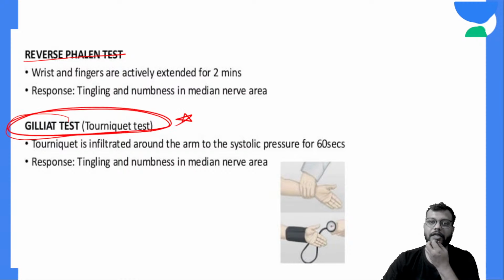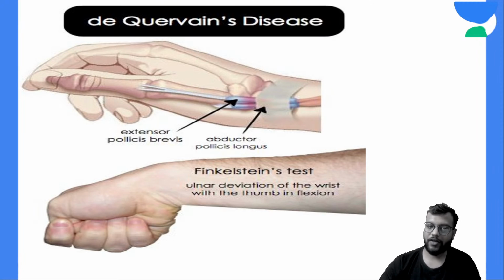टॉर्निकेट टेस्ट और द गिलियड टेस्ट की सिस्टोलिक प्रेशर में यहाँ पे टॉर्निकेट को if you hold on for 1 to 2 minutes, there will be the same symptoms. This is your Gilliatt's test. एंड एक टेस्ट होता है which is your Finkelstein test, which is for the De Quervain